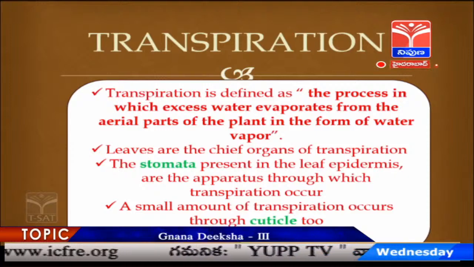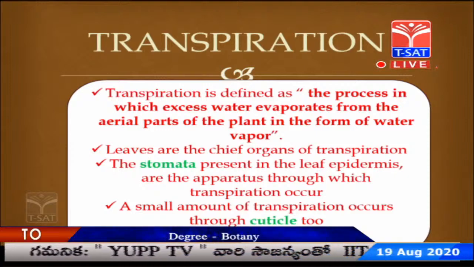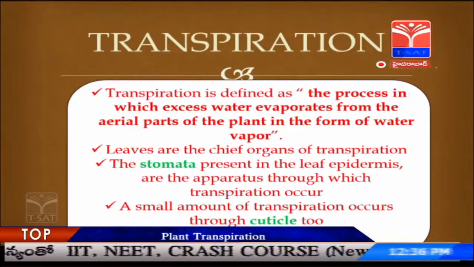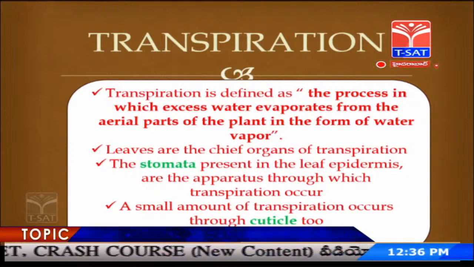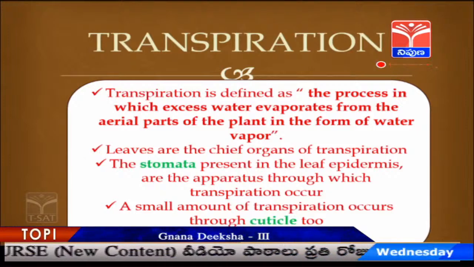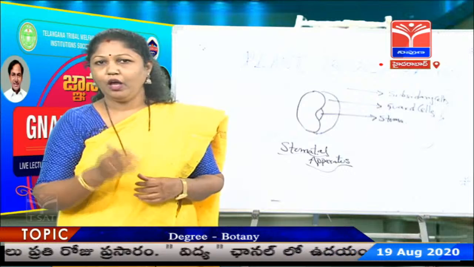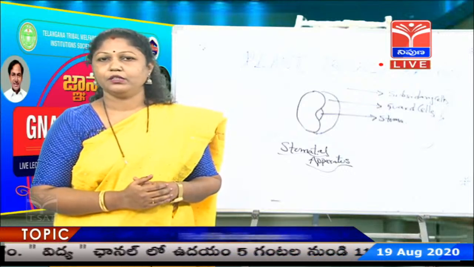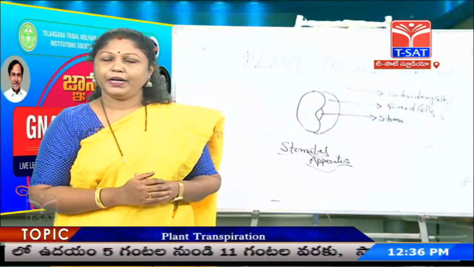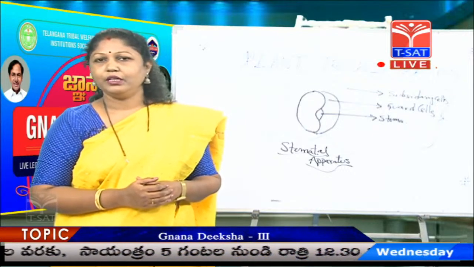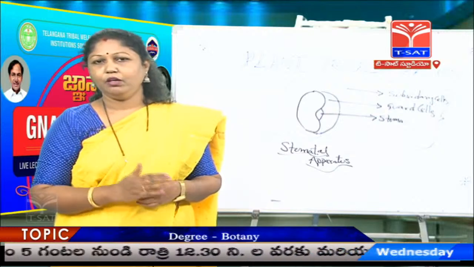One more thing I would like to add is that in most of the plants, if you observe closely, you find a thin waxy coating over the surface of the leaf. This is called the cuticle, that is the outermost protective layer. Beneath it, we come across the epidermis. This cuticle is made up of a deposition called cutin. Now, how is this cuticle important? The cuticle can be thin or thick.